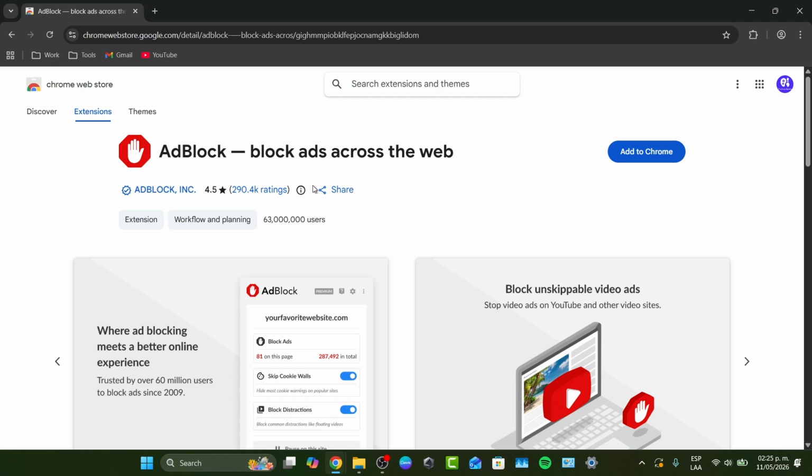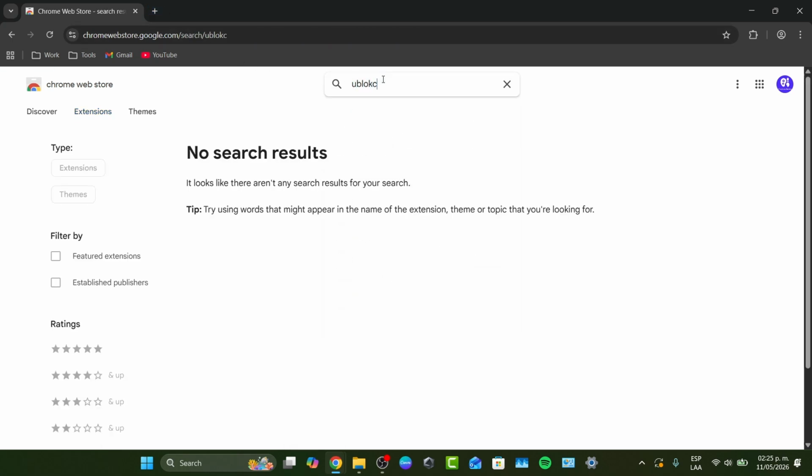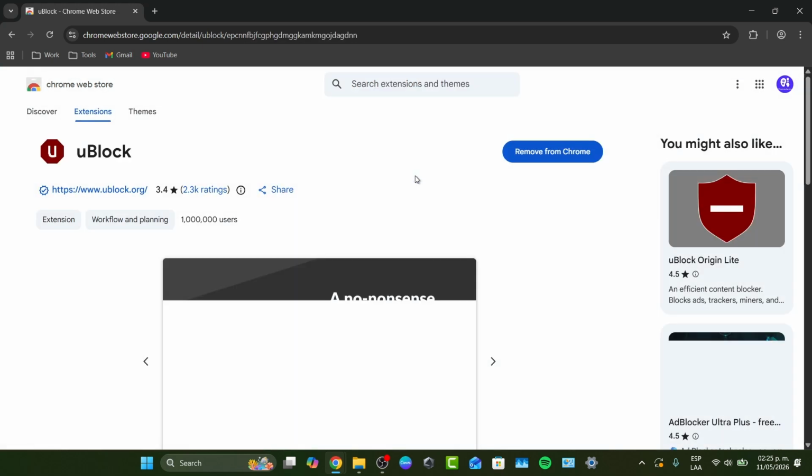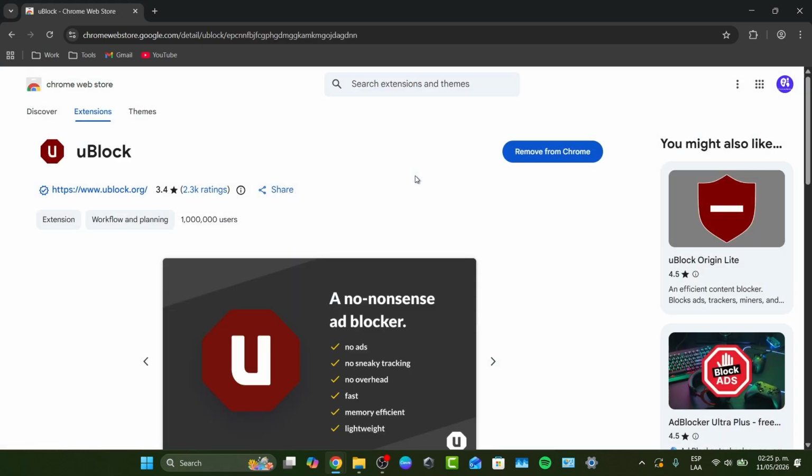So I've used AdBlock for more than 5 years, but there are a few websites that still show blank spaces and we needed to change that. So I found something new called uBlock. uBlock is the direct successor of the world's most popular ad blocker. Now, uBlock Origin Lite is built specifically for the new Chrome. Because it uses an actual Chrome native engine, it has zero CPU overhead, it won't slow down your laptop